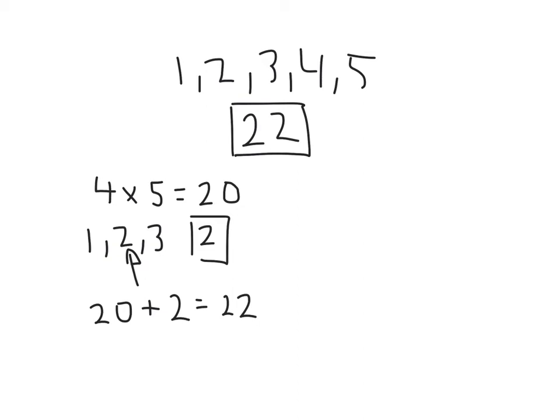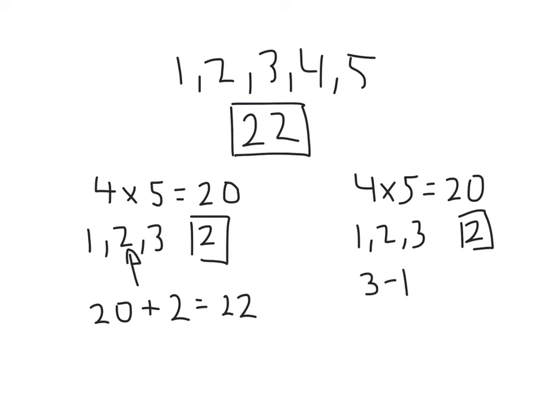Another way of making 2 with the numbers 1, 2 and 3. So say you've started in the same way, you've done 4 times 5, which is 20, and you've got the numbers 1, 2 and 3, and you're trying to make the target number 2, is you could do 3 minus 1, and that'll give you a different 2. So I'm going to put an asterisk by it, and then you can do the 20 that you have plus the 2 that you just made, and that will give you 22. So if you want to get really fancy, then